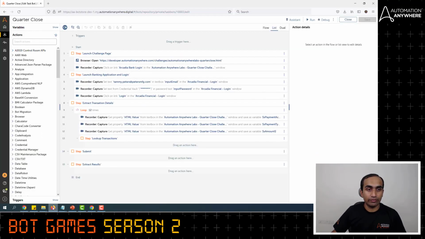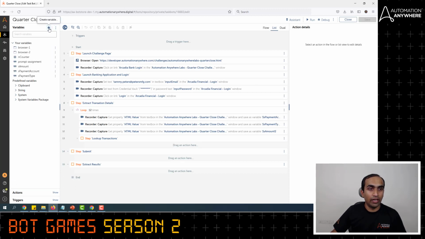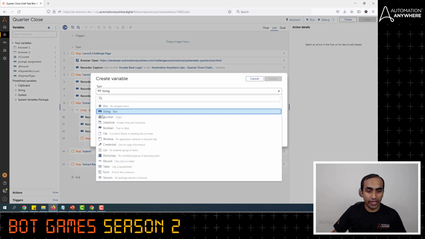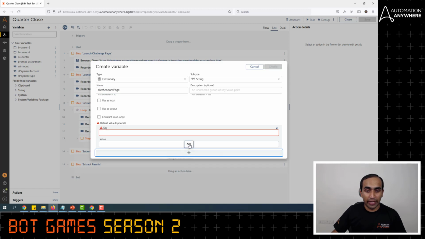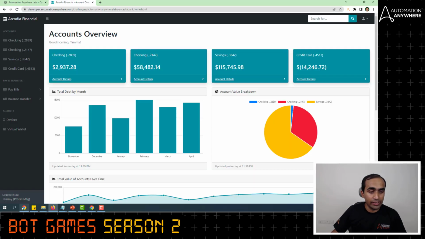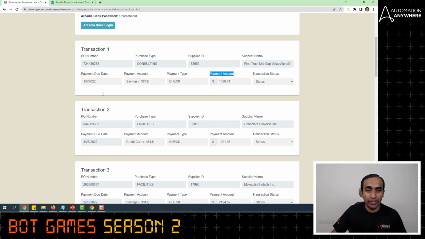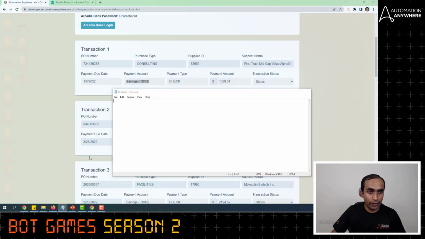Navigate to the bot page, and here let's create a dictionary variable. I'll click on plus and then select the type as a dictionary. I'll call it dict account page, and then we will add 4 key value pairs. So first, let's get the key value pair for the first account. I'll go to this challenge page and get this text here. I'll copy this savings into a notepad,